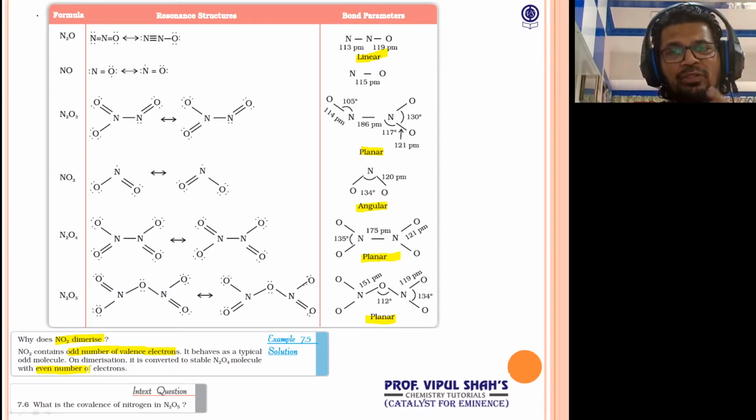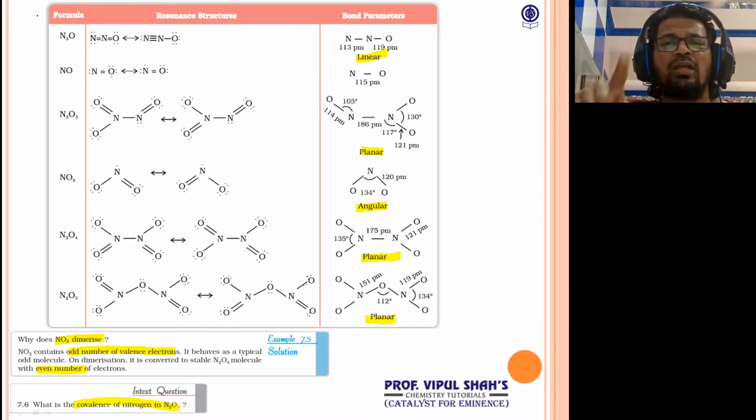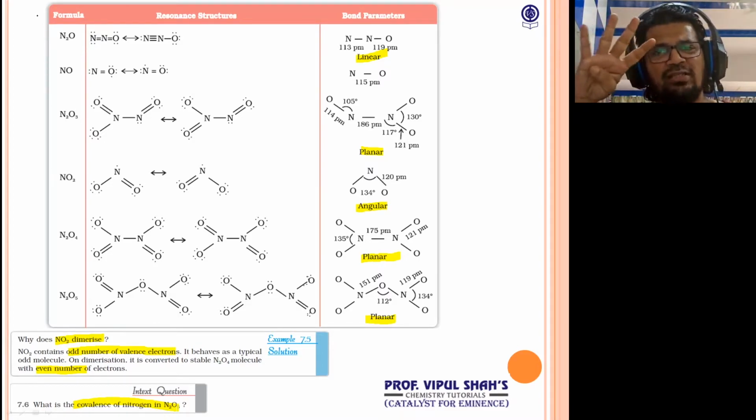Next question, good. This is where people generally make mistakes. Easy, but understand. What is the covalence of nitrogen in N2O5? First thing that comes to mind, nitrogen should be +5. That's wrong. Covalence is the maximum bonds it can form. We all know covalence depends upon the number of orbitals available. And how many orbitals are available? Only 4. One of the 2s, three of the 2p. So the maximum covalence of nitrogen in N2O5 is 4.